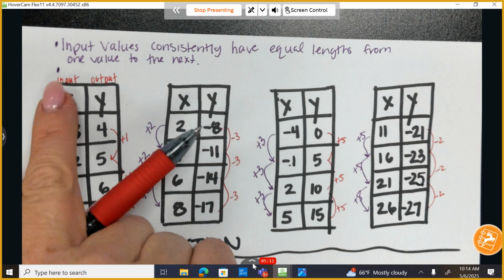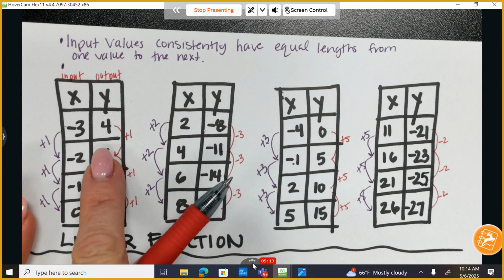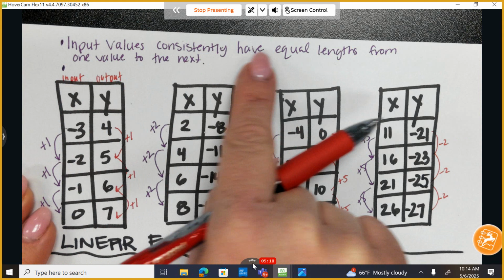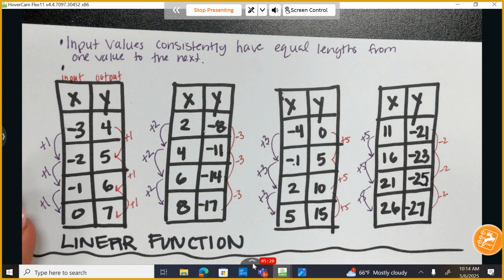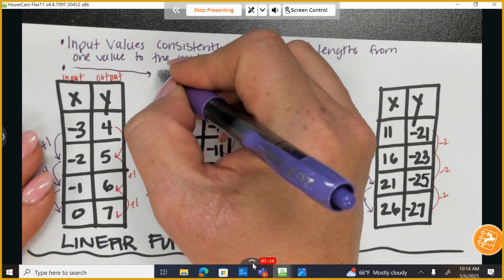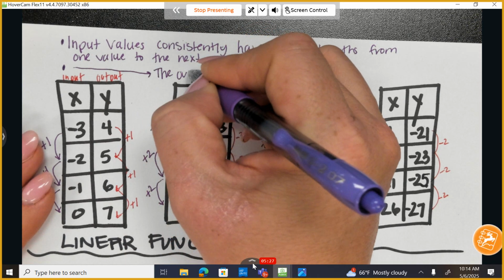So how? This is the second criteria. In order to be a linear function, we have two things. One, the output values consistently have to have equal lengths from one value to the next. Now here's the second thing. You ready? I'm going to make a little room over here. This is much shorter. The output values